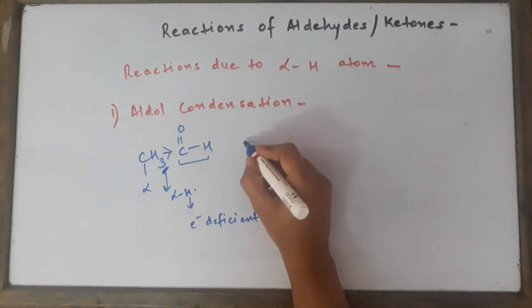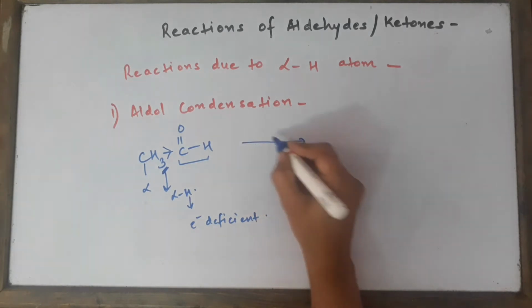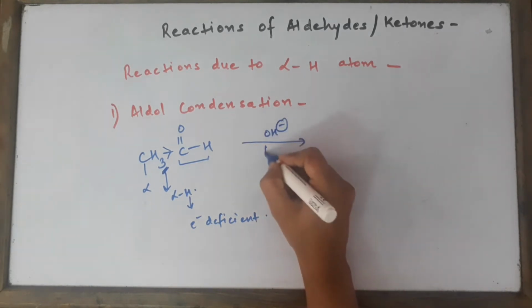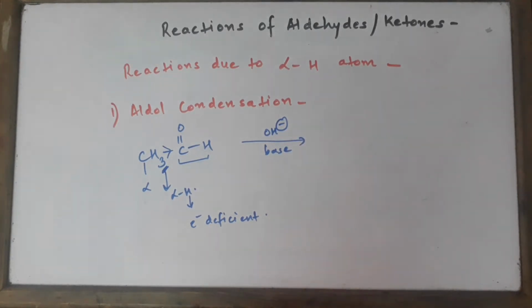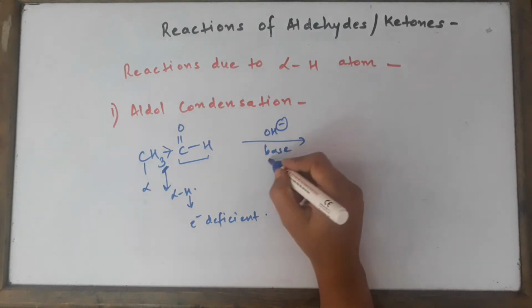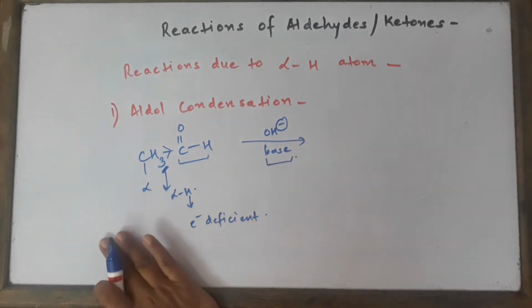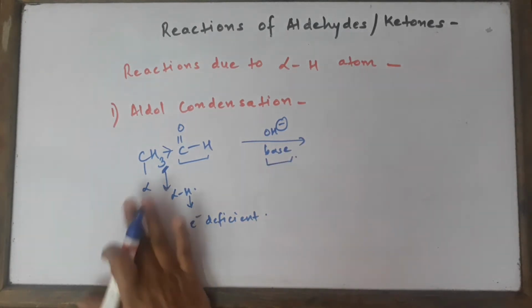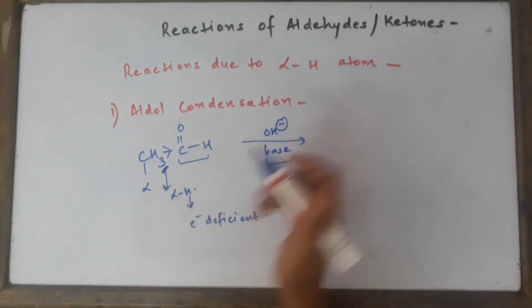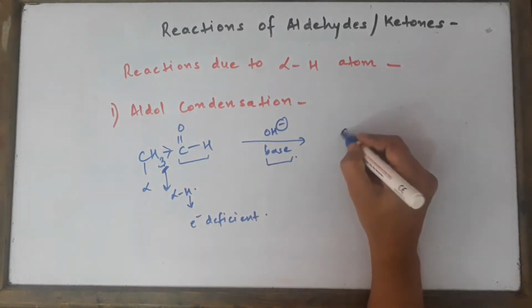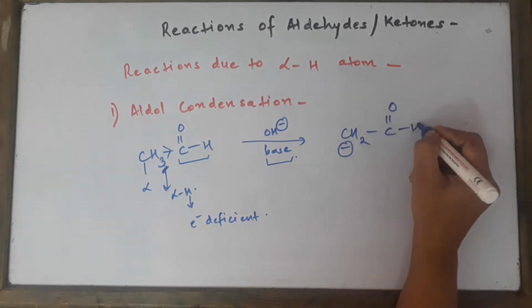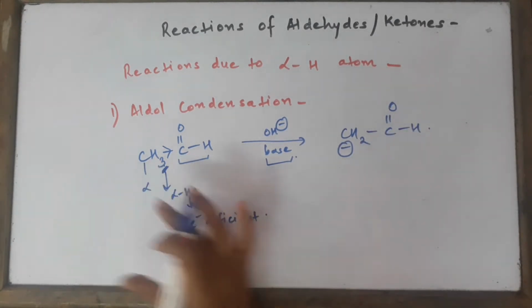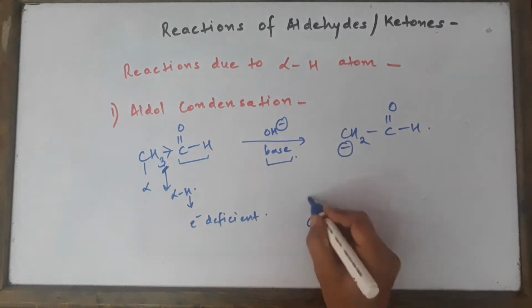So how it looks is, we can just do a reaction, for example, if I bring a base, OH minus, or that is NaOH for example. What will happen is, this base is going to cause abstraction of a proton. So this H can be treated as a proton, and this H will be coming out. So we can write it as CH2 minus CHO. So we have removed the H from here. How did we do that? We did it like this.